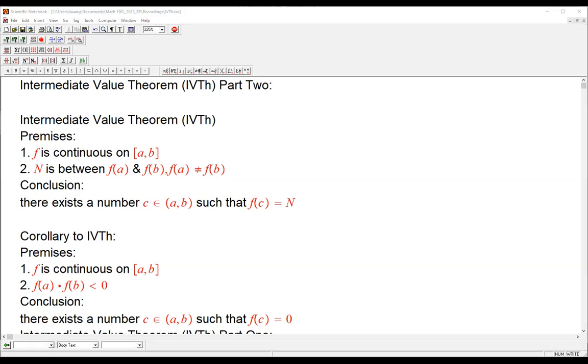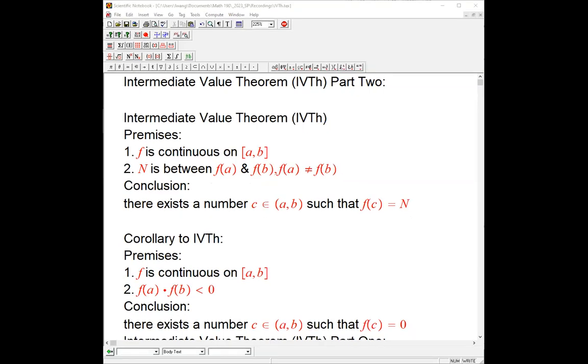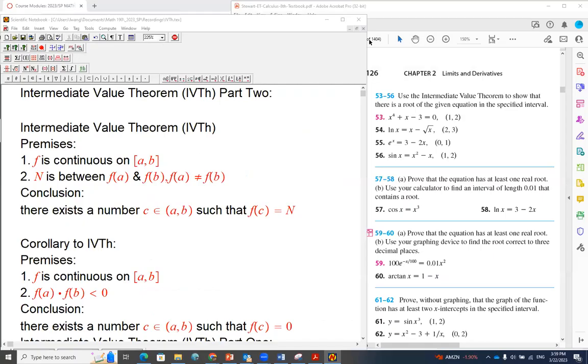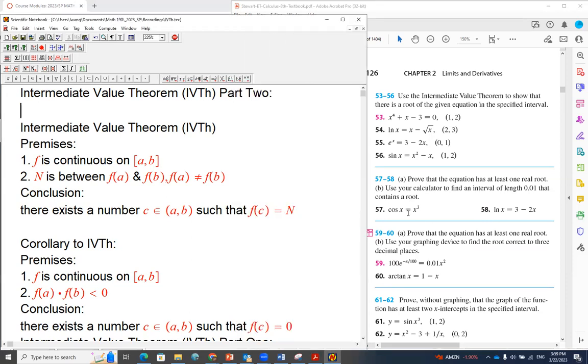where the interval was not given. The interval was not given. For example, if you look at this, let me see if you can see that. Yeah, you can see that. In this case, say number 57,